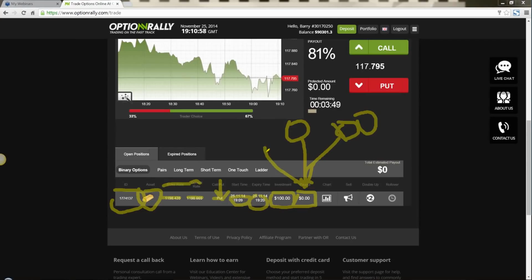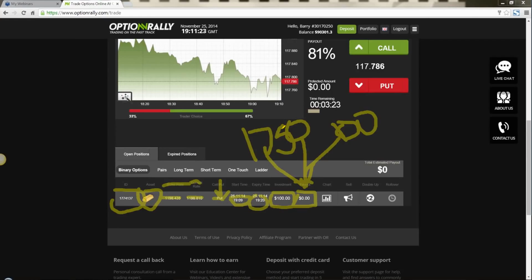And the last scenario is it will show the full payout, or it was 75%, so it will show $175 because there are no other choices in binary options. You're either in the money, at the money, or out of the money. So in other words, if gold falls all the way down to $1,150, you don't lose any more than your $100 investment. It's not like the commodities market where you could lose a huge amount of money.